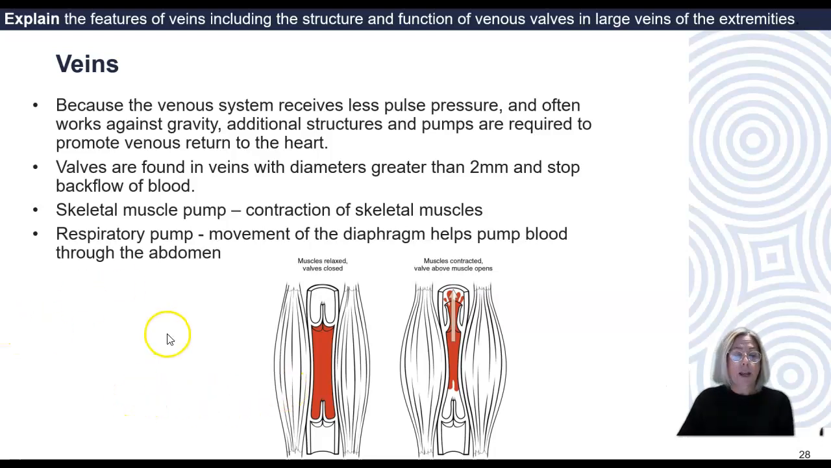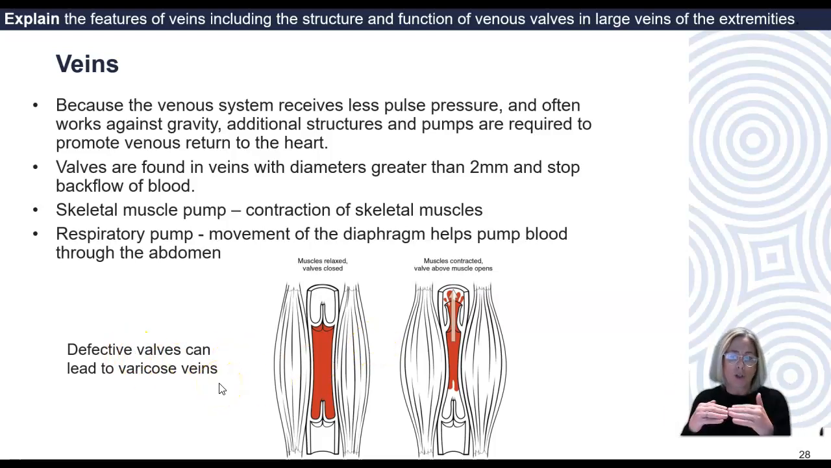through the abdomen. And I'm sure that some of you have heard of a clinical condition known as varicose veins. Varicose veins occur because of defective valves that don't close over properly in the lower limb, and that causes backflow of blood, which increases hydrostatic pressure in the lower limb, and that leads to the twisting of these superficial veins to cause painful varicose veins. And I'm sure as you move through your course, some of you will learn a lot more about how they